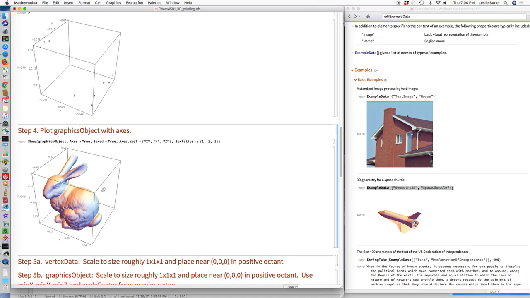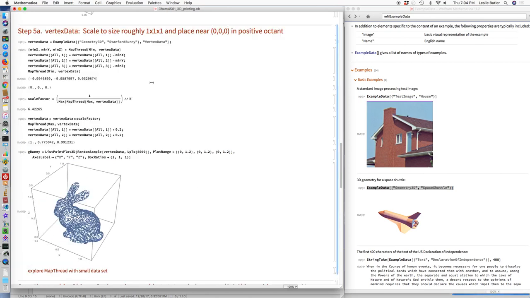The graphics object, the last time we saw it was without axes. It's easy to wrap some axes around it and label that, so we get a more defined image. I'd like to get the object a little bigger and to put it in the positive octant. So that involves some affine transformations